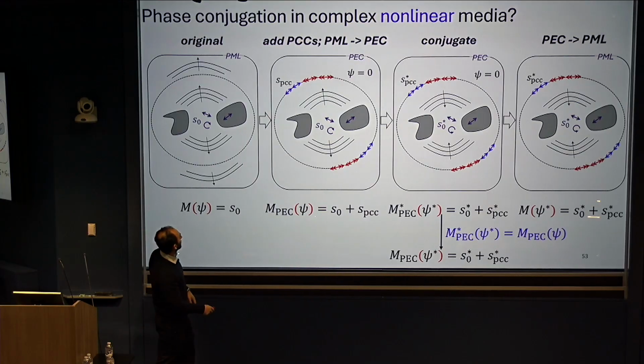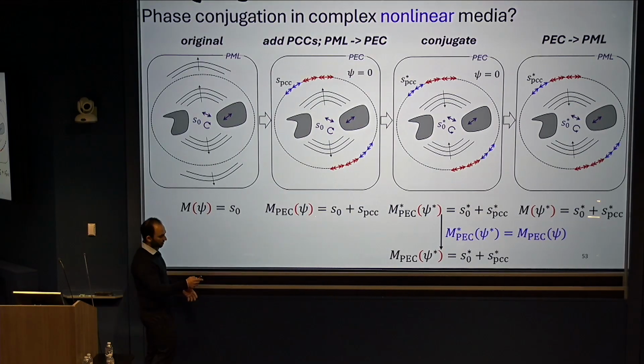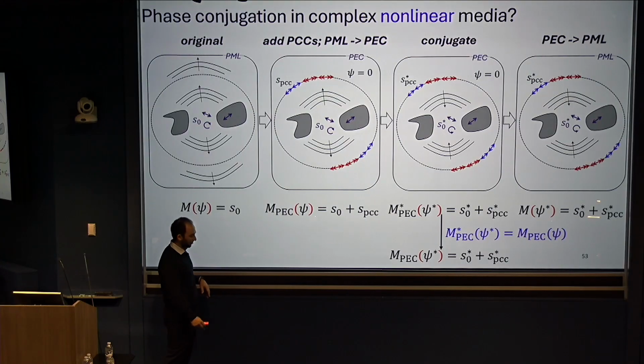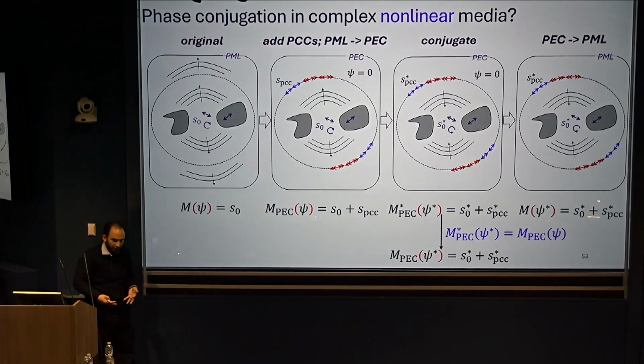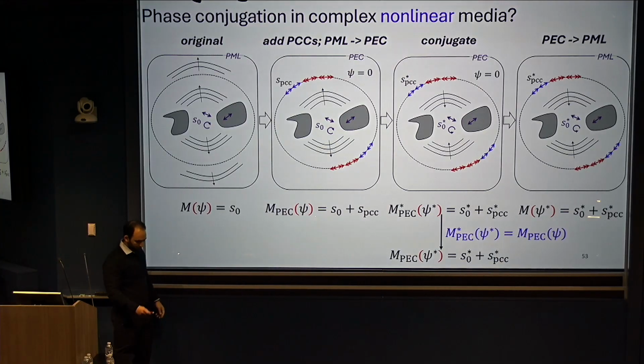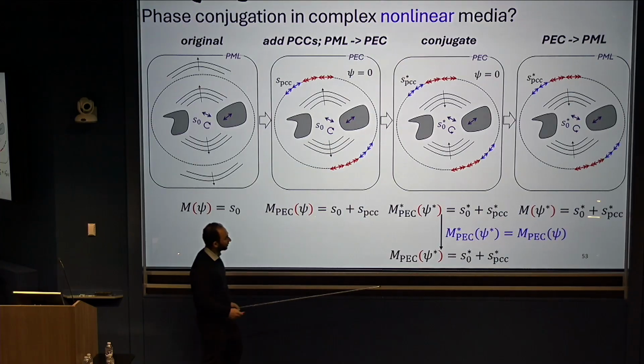The only place this would be questionable is we used linearity to put these currents down before. But as long as the medium to the exterior is linear, all those currents are doing is just radiating outwards. They're not radiating inwards. And so if I have a nonlinear scattering profile to my field, and I just measure the fields on some boundary, I can still specify currents that exactly cancel those and have no interaction with the nonlinear medium to the interior. So we can still follow exactly the same procedure and start to understand what the time reversal symmetries are in the nonlinear medium case.